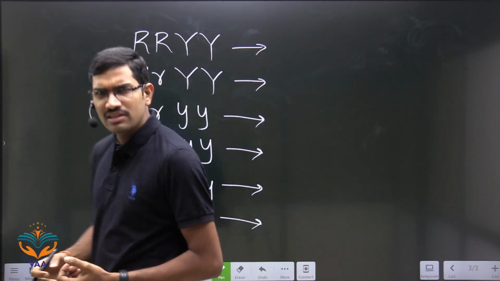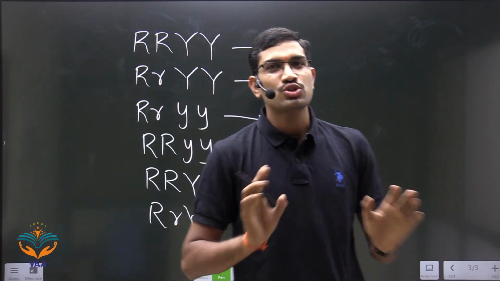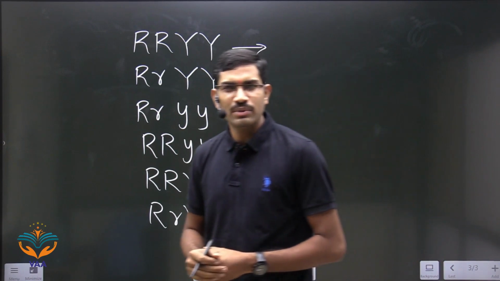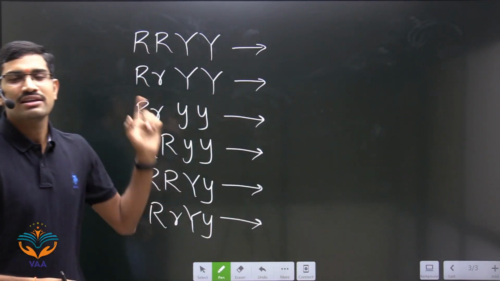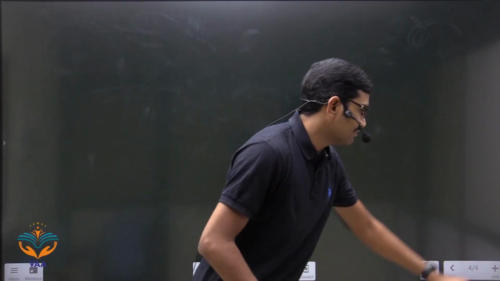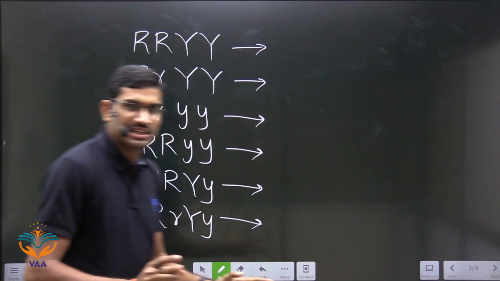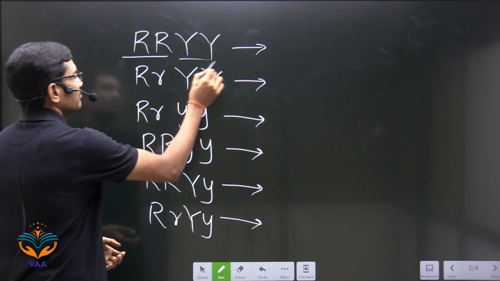What is the trick? Is there any trick for this? Yes, we have some simple tricks so that without using any pen and paper, we can easily solve this type of question. First we will go with the trick, then we will come to answer this one. See here, we have two different genes.